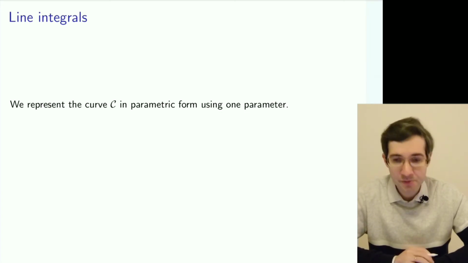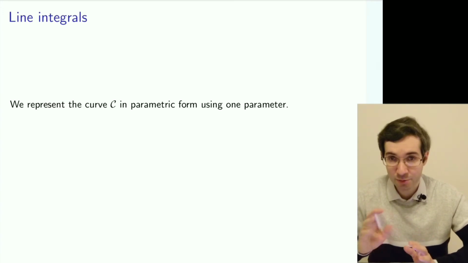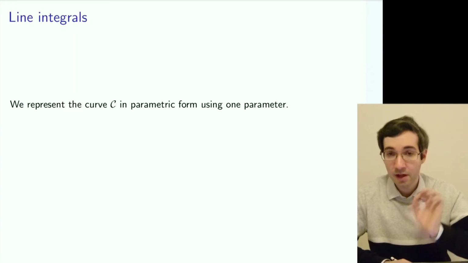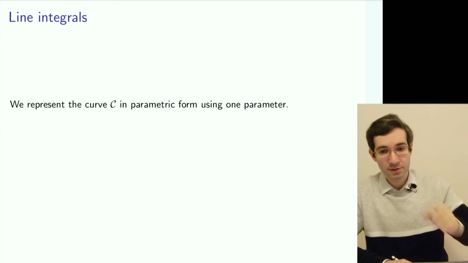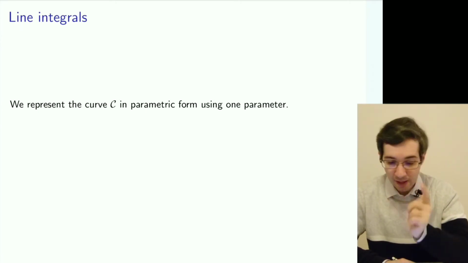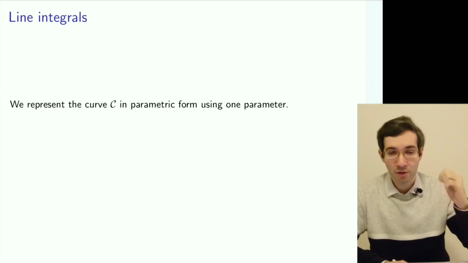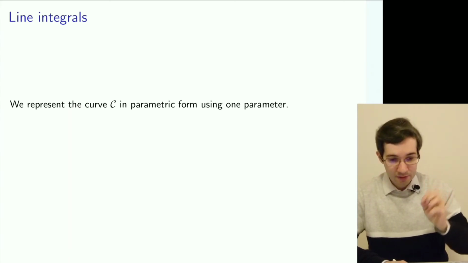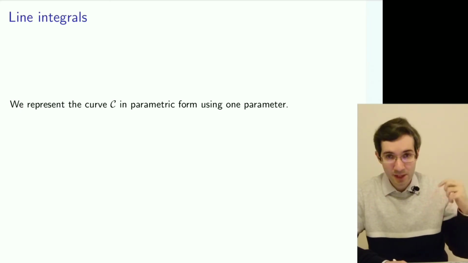How are we actually going to calculate these integrals? Without going into details now, because we'll consider it much more carefully later, but still, just an idea, we need to know how to go along this path of integration, along this line, this curve. And for that we often need to parameterize it. So we use a parameter to describe where we are on this curve. Think of time. You travel along a winding road, and at a given time you're at that point, then later on you move on to a new point, and so on. So that time is a parameter.